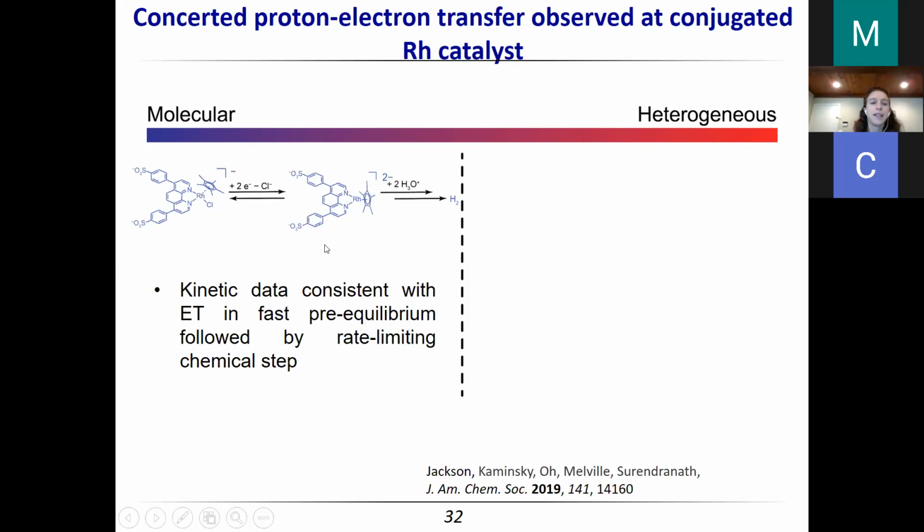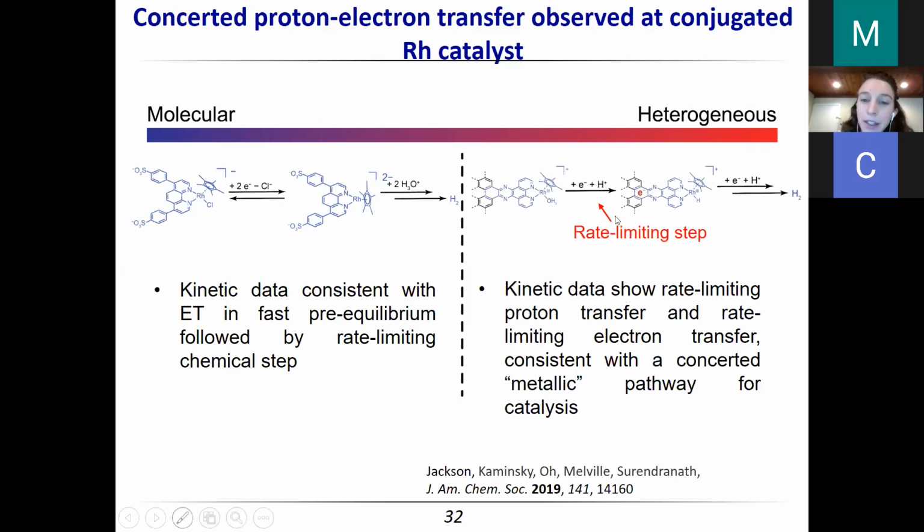And the kinetic data that others and that we reproduced have observed show that the pathway is consistent with fast pre-equilibrium electron transfer followed by a rate limiting chemical step. Depending on the exact conditions that people use, it could be the first proton transfer or the second proton transfer, and it could be this first couple or the second redox couple. But in all cases, we're observing data that are consistent with stepwise pathways, which is what we would expect from a redox mediator as a catalyst.